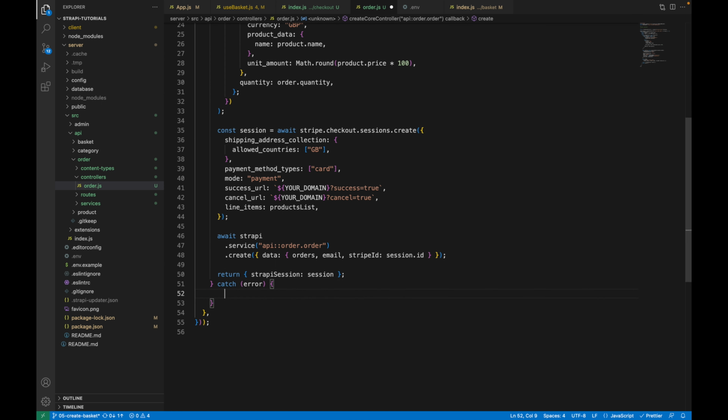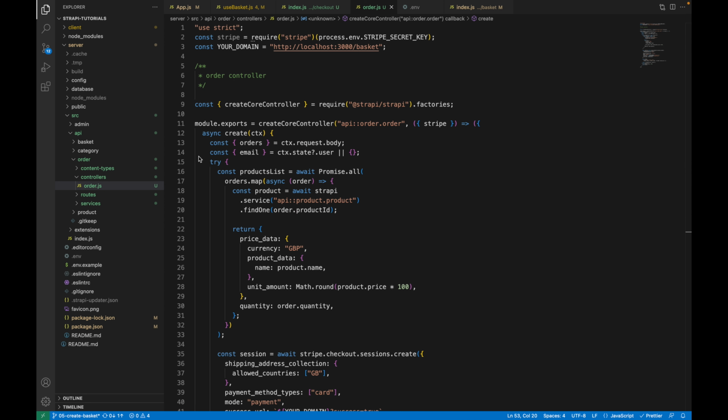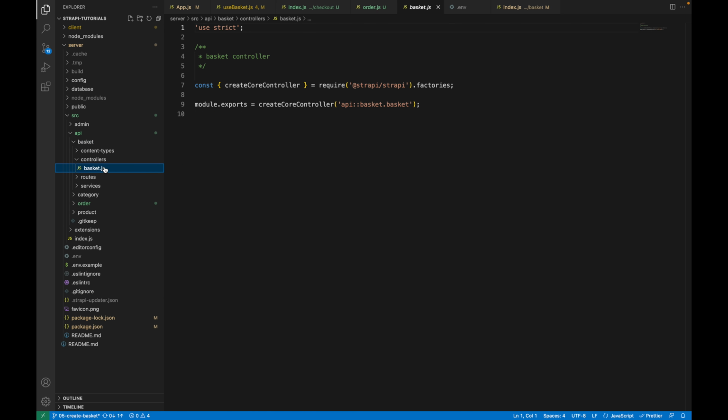And if there is any error, let's set the response status to 500, and then at the end just return the error itself. So the order endpoint is ready to use, but before that we need to do some modification to the basket endpoint. If you remember that we created,